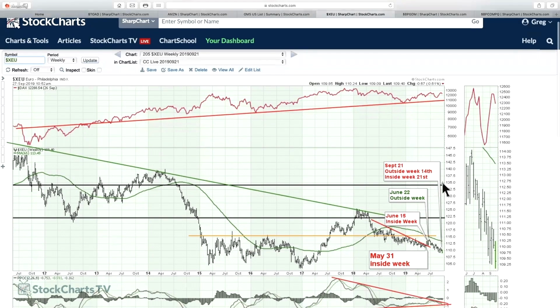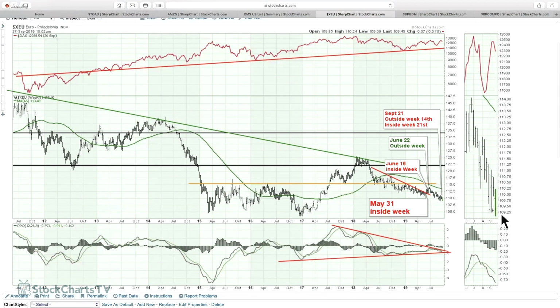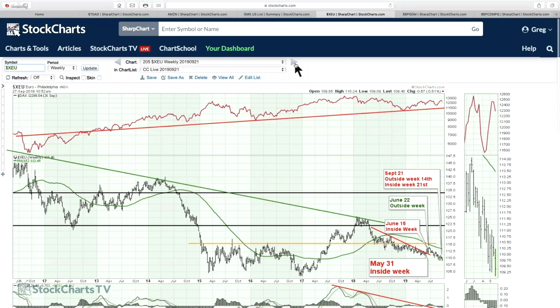So here's the euro, and what we see on the euro, just make that chart a little larger, is we bump down to new 20-month lows or whatever. As we're breaking down here, might even be 2-year lows, you can see the same sort of pennant pattern that was building on the US dollar in a bullish fashion is sitting here on the euro in a bearish fashion. And if we start to break this momentum trend down, I think that would be another clue that something's changing out there. So just keep watching these currencies.